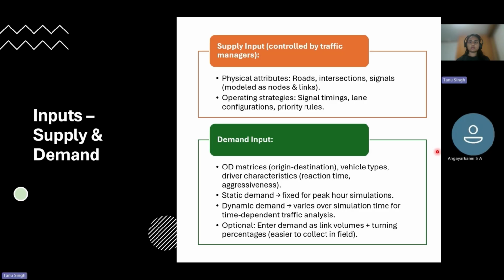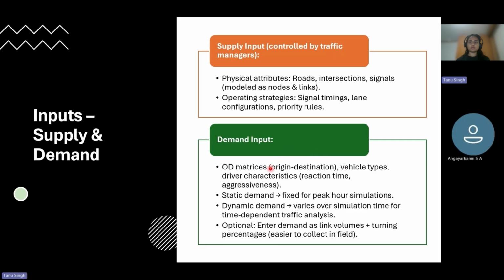Starting with the supply. Supply inputs are the elements controlled by the traffic managers, that are physical attributes or infrastructure like roads, intersections, signals, which we represent using nodes and links, and operating strategies such as signal timings, lane configuration, or traffic rules. So these are mainly the supply inputs that are controlled by traffic managers, whereas on the demand side we have